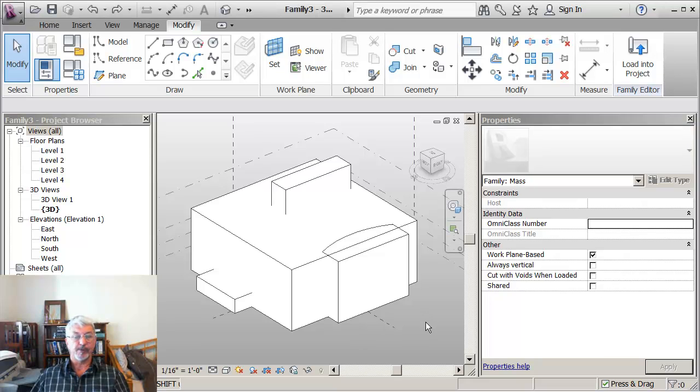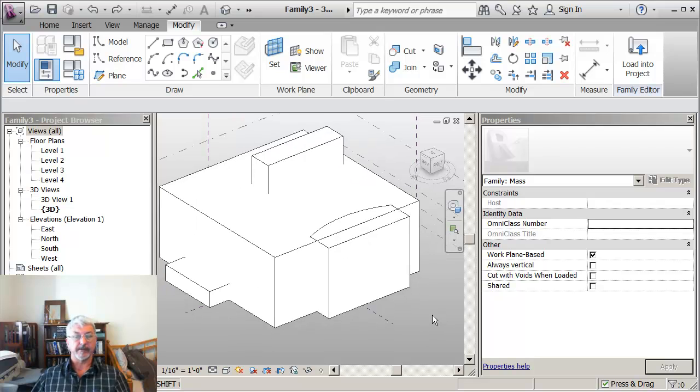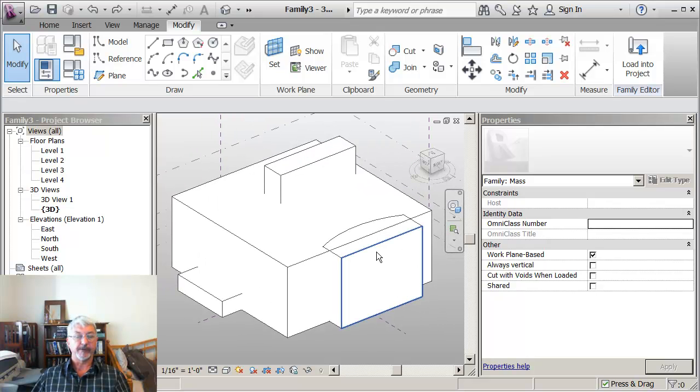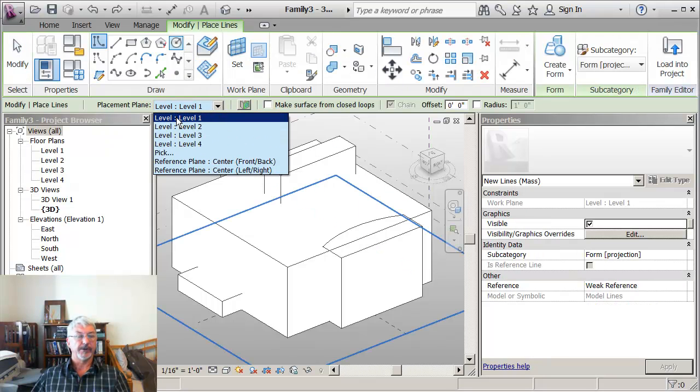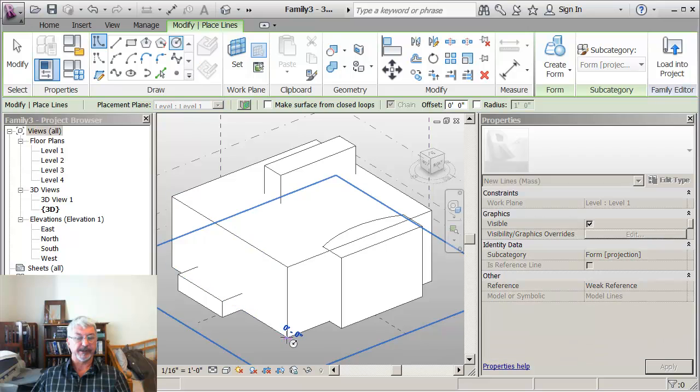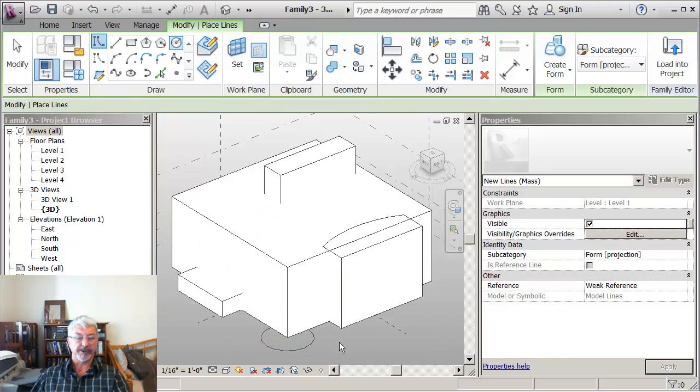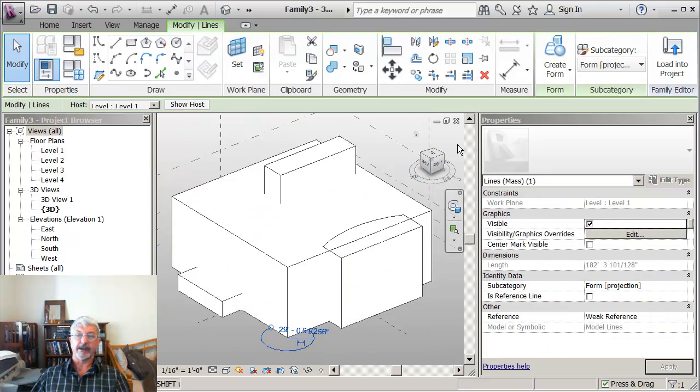Okay, I've got a simple mass form, and there are several different forms within this building. And one thing I want to show you is that I can draft. So I can say I want to draw a circle on the level 1 plane. I'm going to put it down here, and then I want to select that and create a